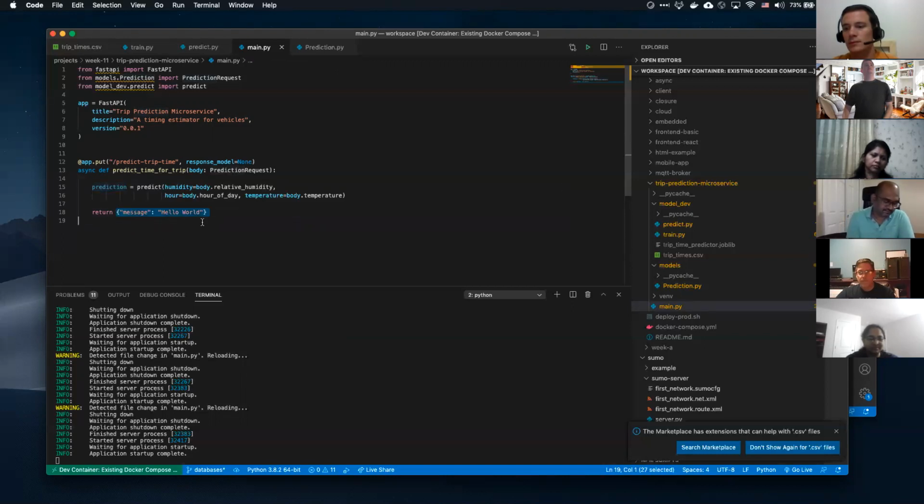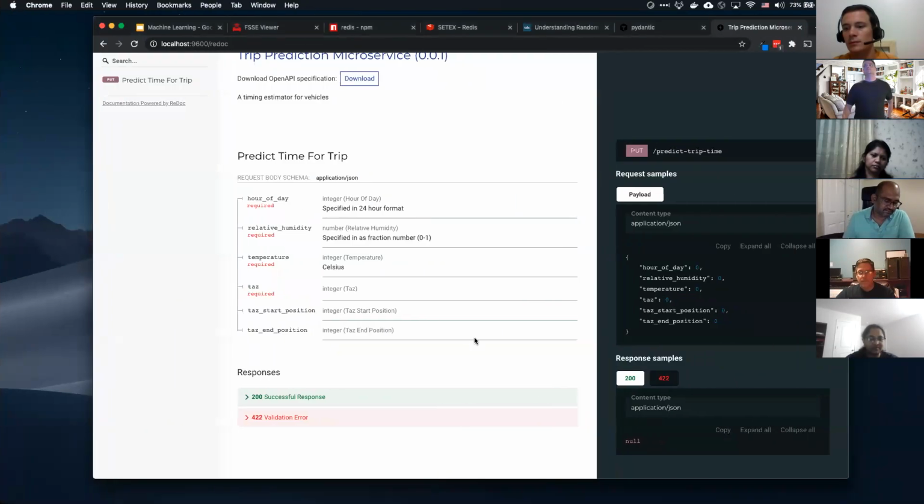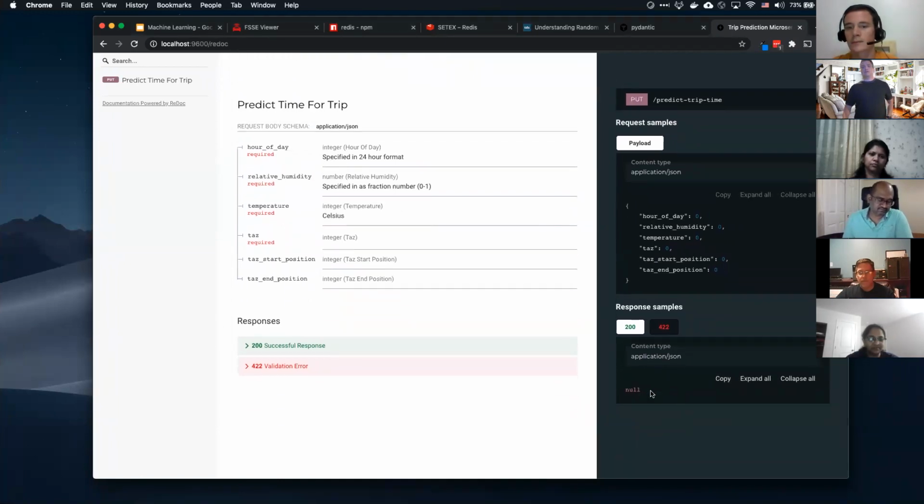But right now, if you notice, the response sample documentation isn't there. So we also have to create a model for our response, right?